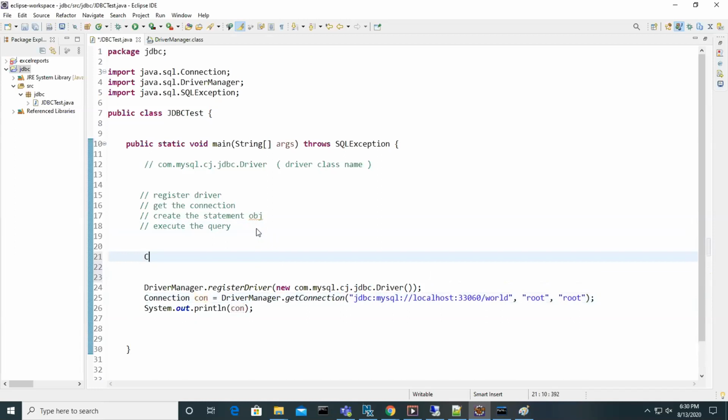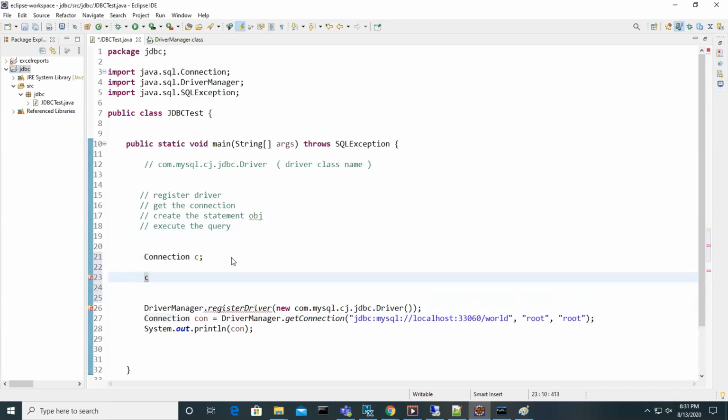See, if I declare the variable like this, Connection is the interface. Which class object is allowed to be stored in this variable, guys? What kind of object can we store? Can I hold a string object in the con variable?